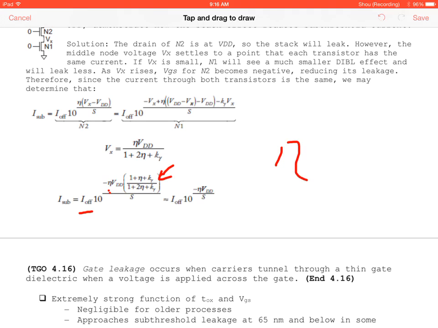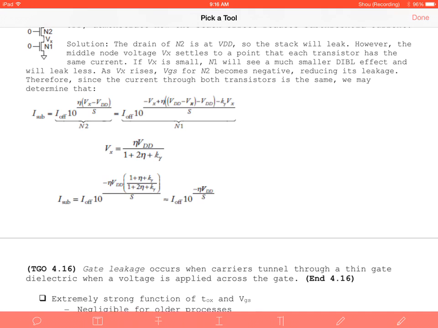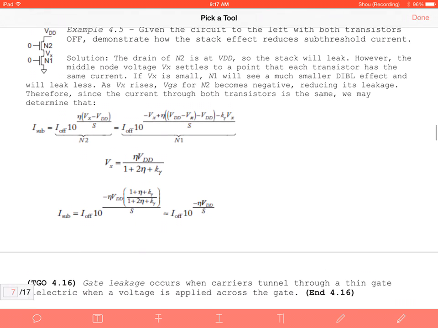When you solve this, you're going to get 1 plus N over body effect over 1 plus 2N plus body effect. That does solve out, because if you take these two and start subtracting them and cancel off I off, and then take the natural log of 10 and start solving for these, you're going to get